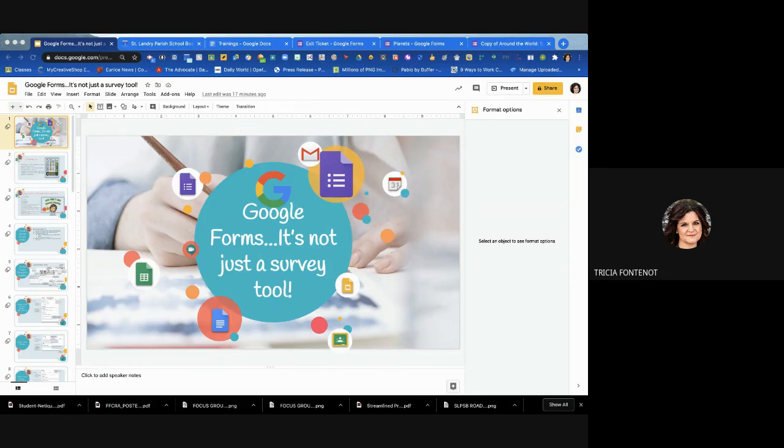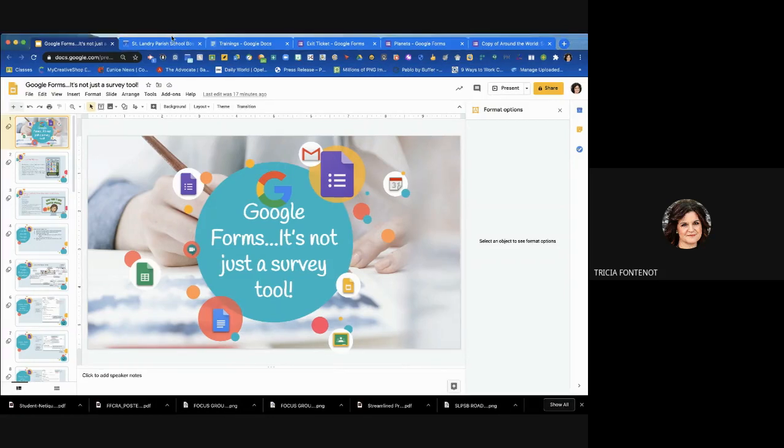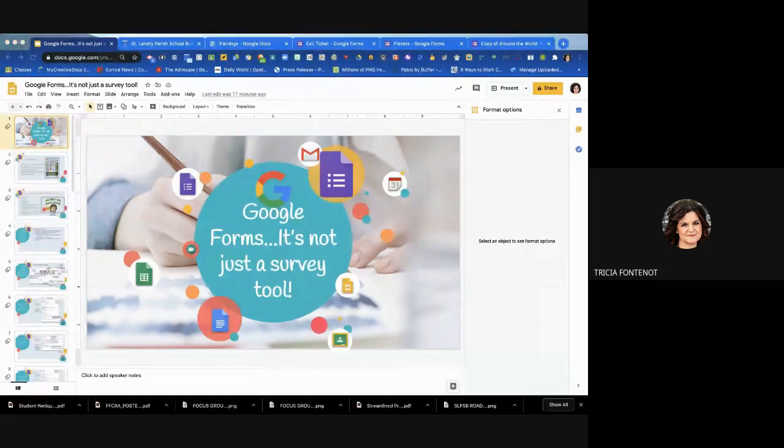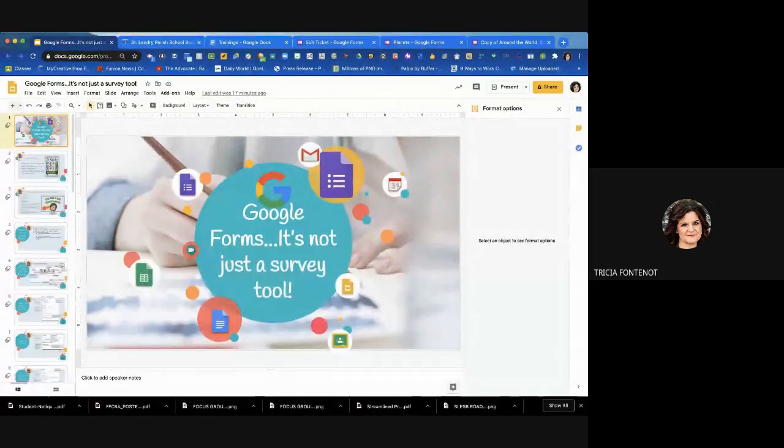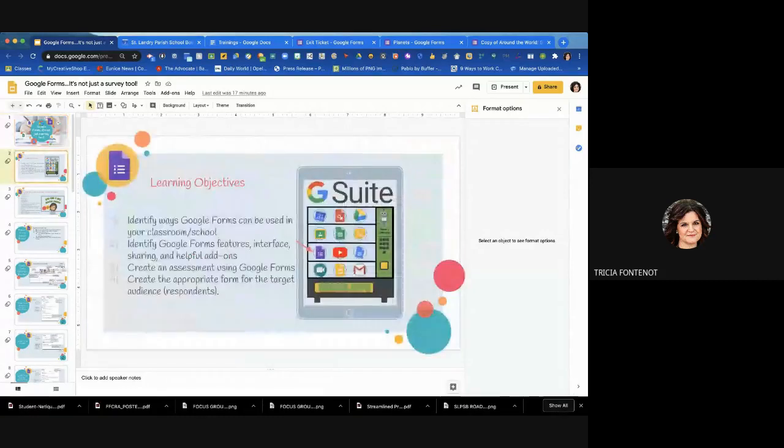Awesome. All right, so here we go, guys. Welcome to Google Forms. It's not just a survey tool. Let me make sure that I am recording this. Yes. All right. Perfect. Just had to double check. I'd hate to go through this whole thing and not have recorded it. So Google Forms is not just a survey tool, guys. You can use Google Forms to